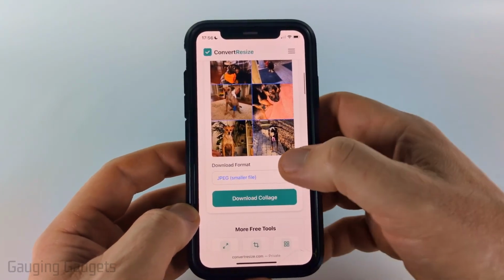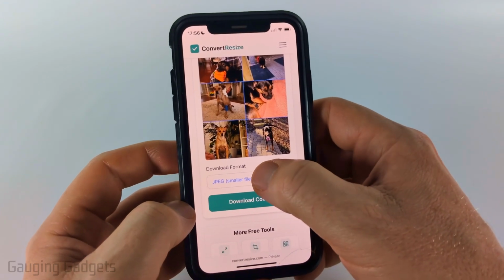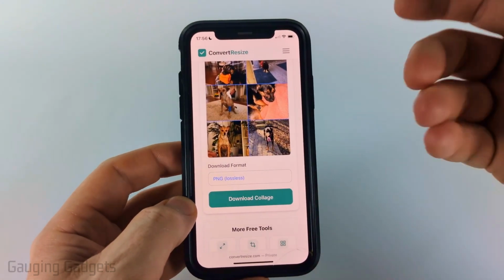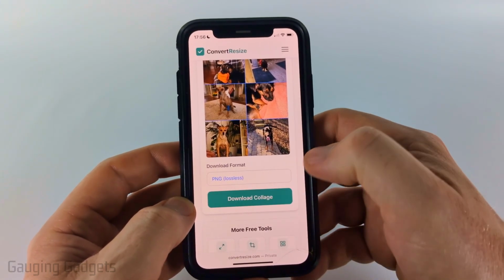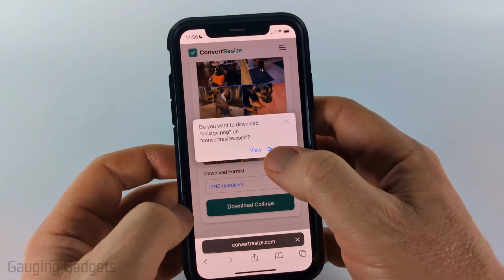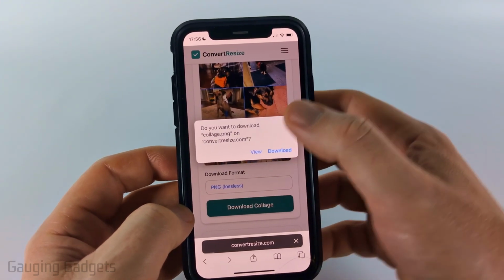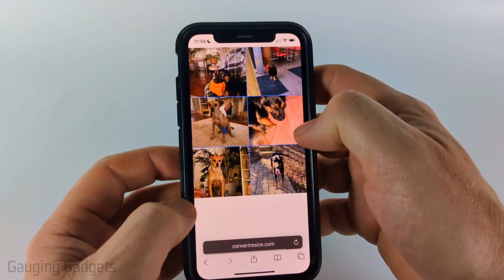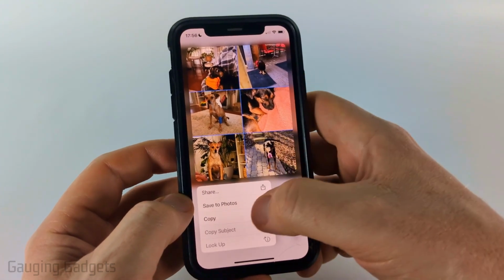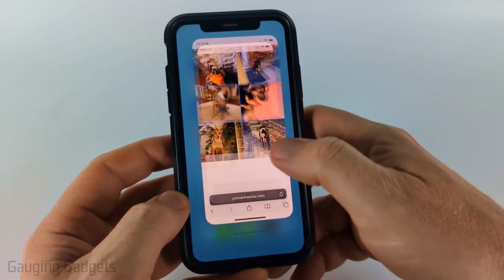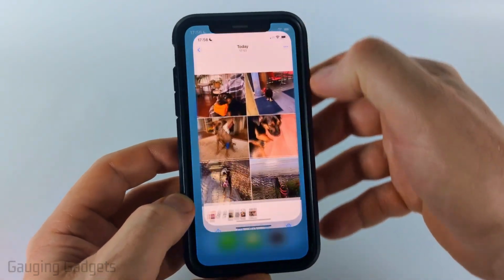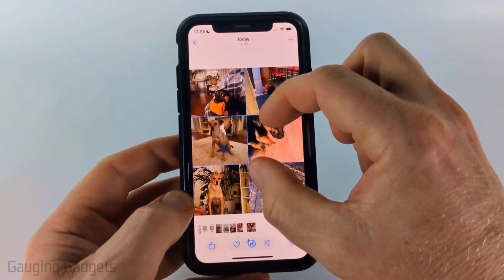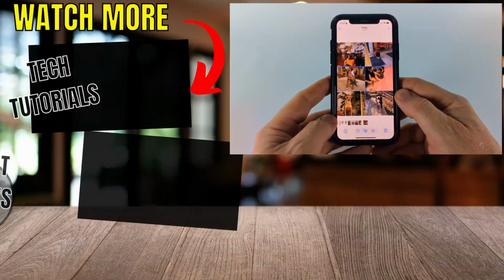So once you're done and you're ready to download your photo collage, you can select the format. I'm going to do lossless just so it looks really good. Select download collage. And then you have two options. You can download it as a file by selecting download. But if you want to save it to your actual photo library, select view and then long press it and select save to photos. So now when we go to the Photos app on our iPhone, you can see it's right here with that blue background. And that's how you create a photo